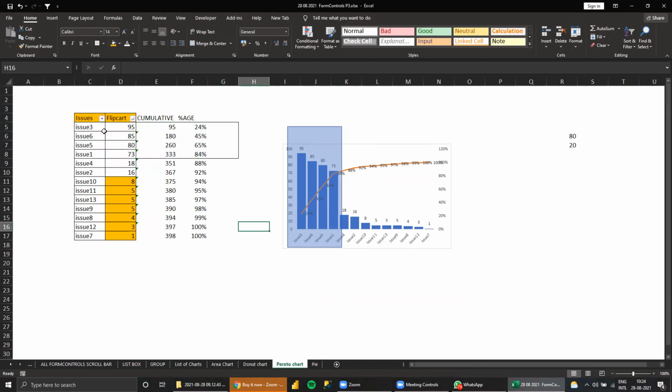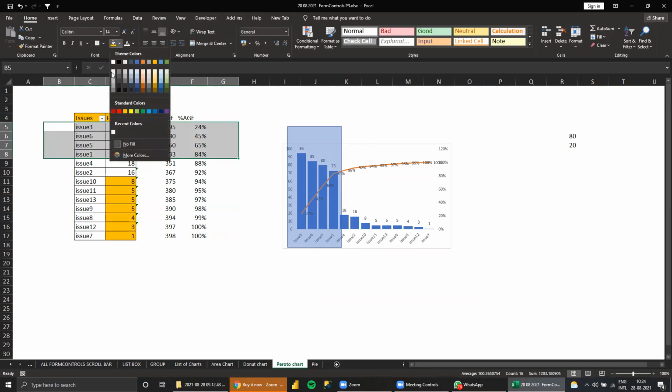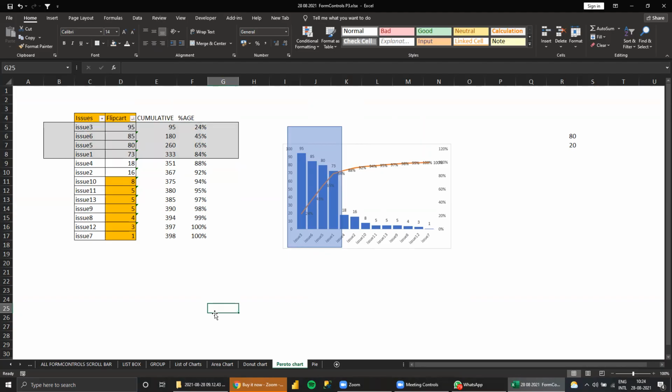This is the focus area where we need to solve the issues. You can show it with a light color like this. Only focus on this, not on the entire thing.